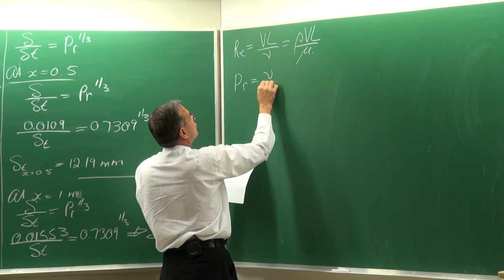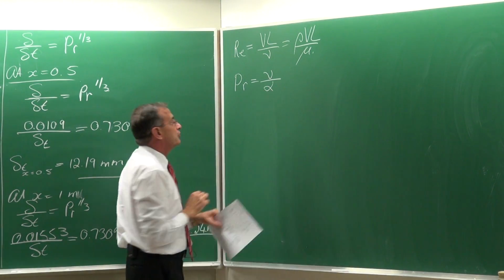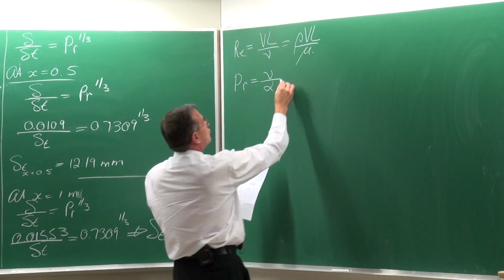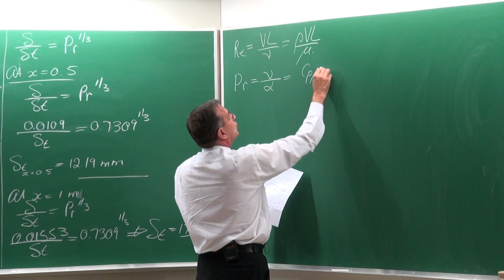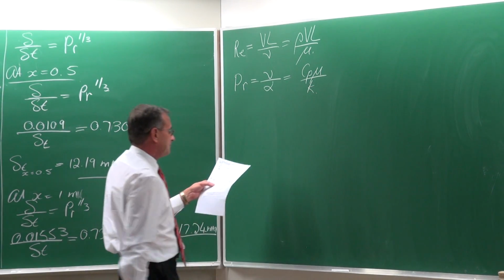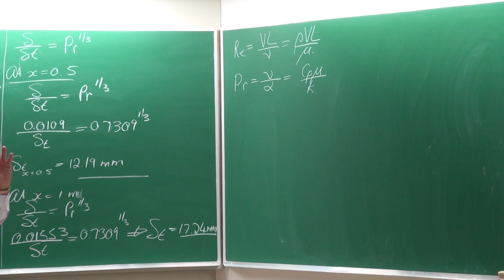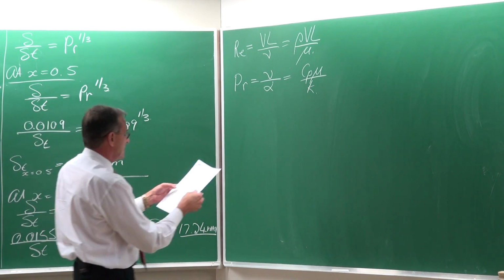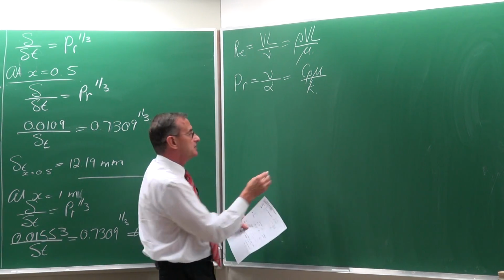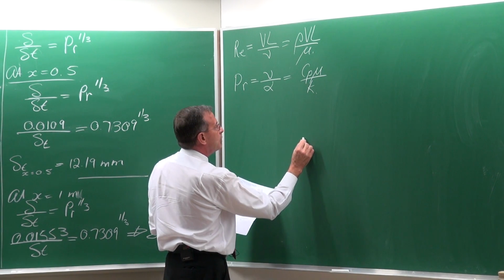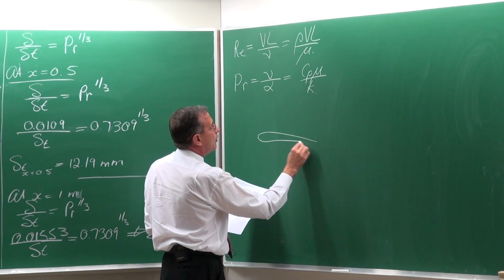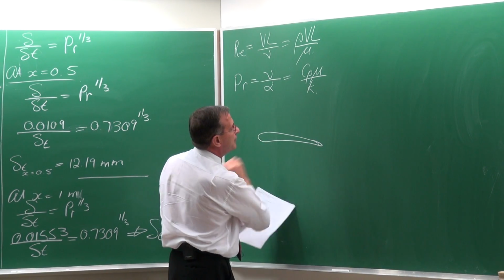Prandtl number we can write like the viscosity divided by the thermal diffusivity, or we can write it as Cp multiplied by μ divided by K. And those two parameters tell us that if we use that, there's similarity between fluid flow and heat transfer. Thus, if you would do an experiment, let's suppose in a wind tunnel, of the wing section of an aeroplane,